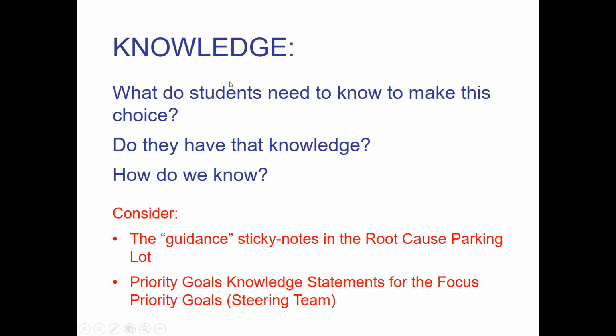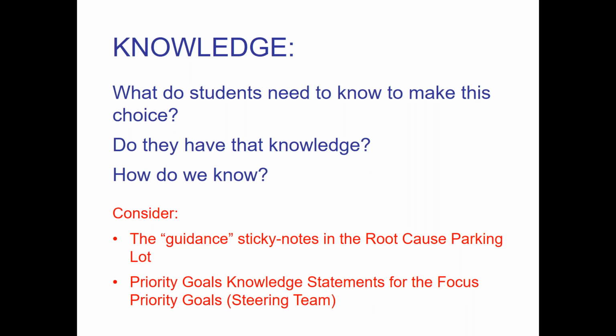Okay, so what you could do is prompt folks: first, let's think about knowledge. What do students need to know to make this choice? And do they know it? What evidence do we have that they know that or they don't know it? Then people that have read all the data might say, well, students need to know that we even offer an upper level math class in 4th grade and an upper level math curriculum, and how they might get into that. And so you're just brainstorming the knowledge.